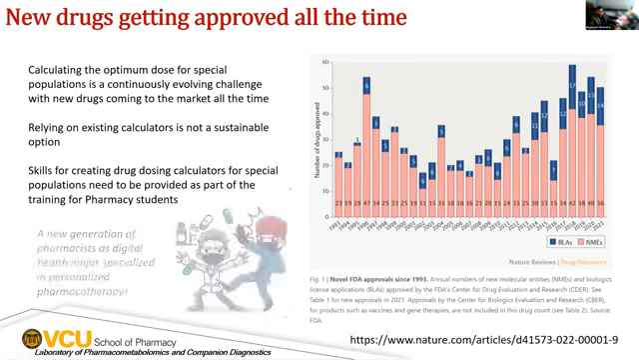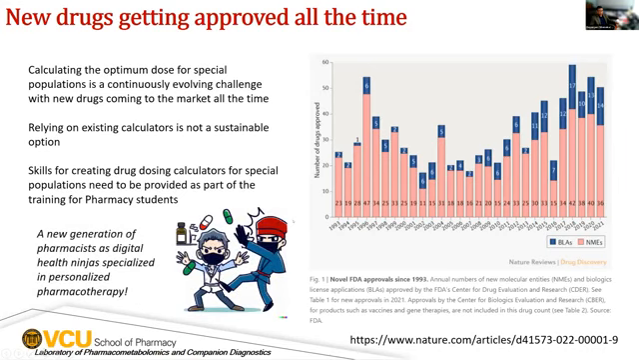And essentially what we need is a new generation of pharmacists as digital health ninjas. I call them digital health ninjas because they need this digital health skill set that is specialized towards creating personalized pharmacotherapy. And this was a challenge that we had. We know that personalized pharmacotherapy is needed. We are not training people to create these calculators that they need to enable personalized pharmacotherapies, and we need to